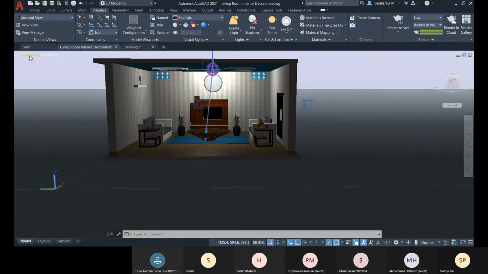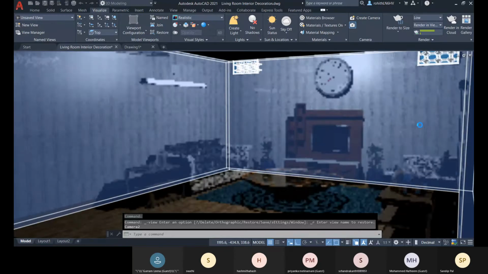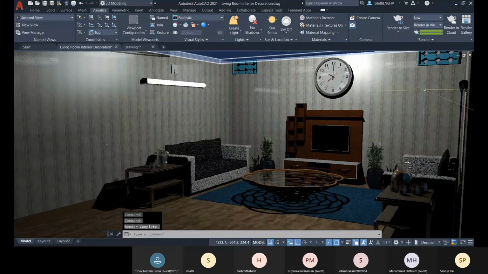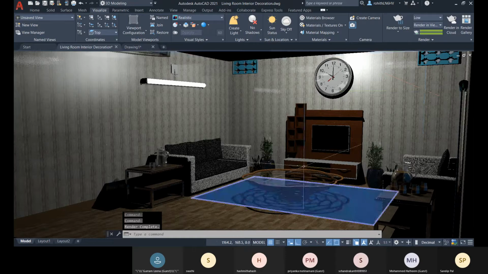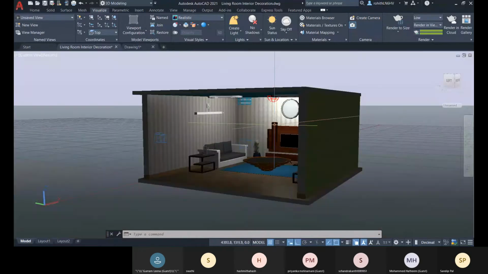And now let me change the view, and let me see in the rendering. So as per that, you are getting the light. It's spreading in all the direction, meaning it's spreading uniformly, but the direction is toward the bottom.